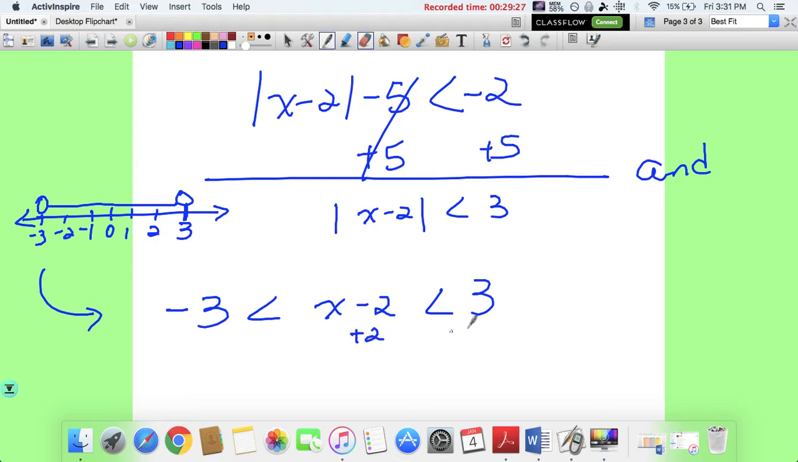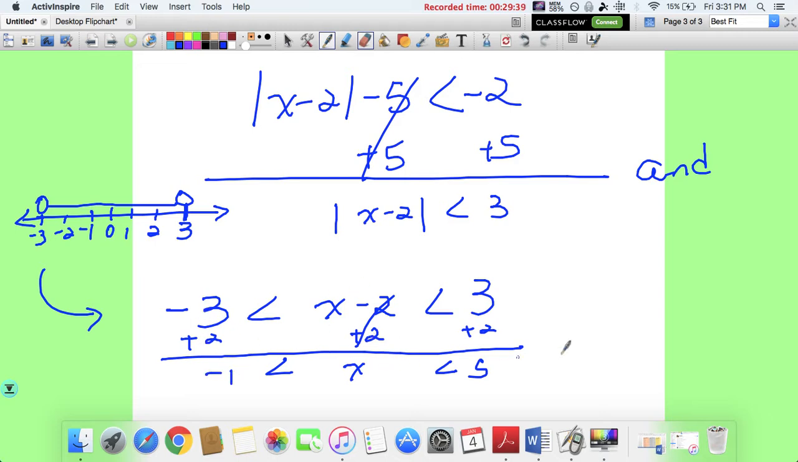Plus 2, right? We're going to do plus 2 on everybody. This one's simple enough. This goes out, x in the middle, 3 plus 2 is 5, and negative 3 plus 2 is negative 1. So the x value, if I were to graph it, is going to be anything between negative 1 and 5, not inclusive. Right, so if I were to pick a value so I can plug it in here, substitute, as long as it's between negative 1 and 5,